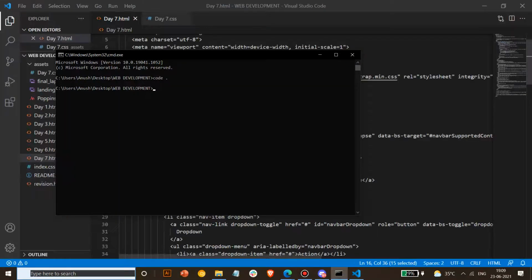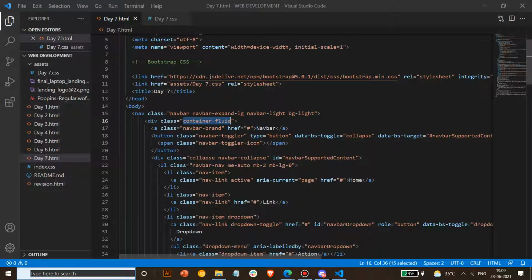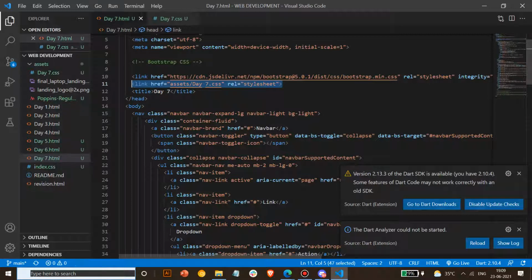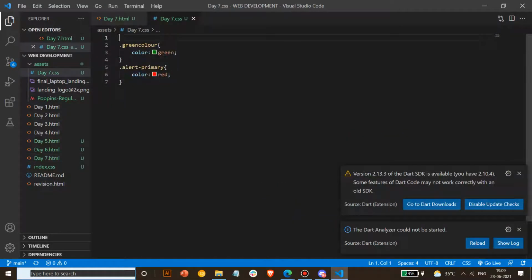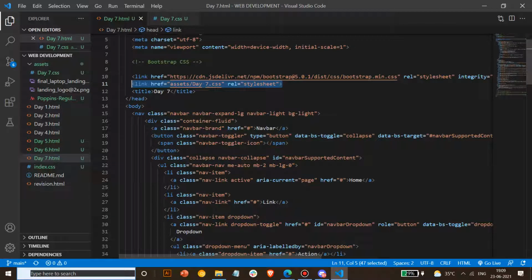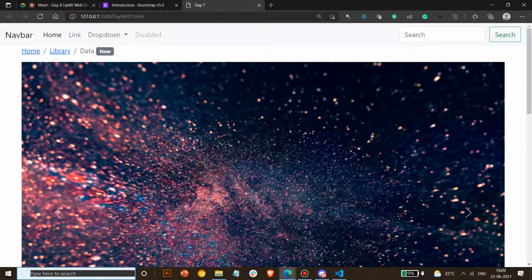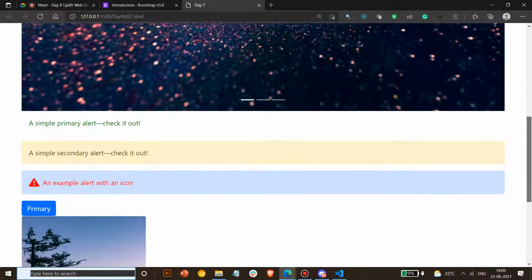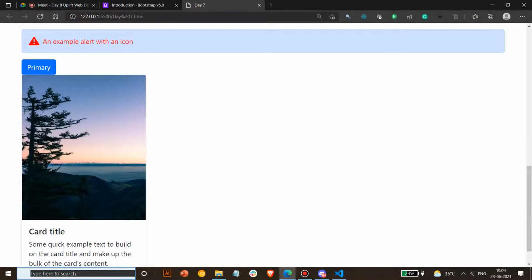And if you want to reduce width or height, you can do it through CSS. One more important thing: whenever you are writing CSS along with the Bootstrap template, always keep it under the Bootstrap CSS. This is the Bootstrap CSS, and this is the link to your custom CSS. So it should always be below it. If you want to apply custom colors, different custom styles, or a different font, it should always be below it. Bootstrap gives you a default font, so don't worry if it shows a different kind of font in your browser. So this is what we studied yesterday: basically a carousel, alerts, buttons, and cards.